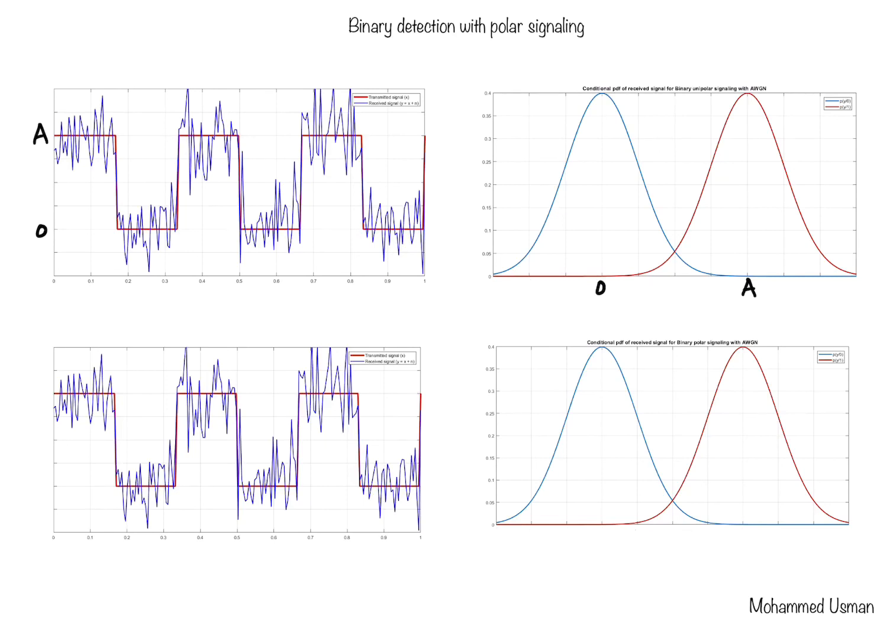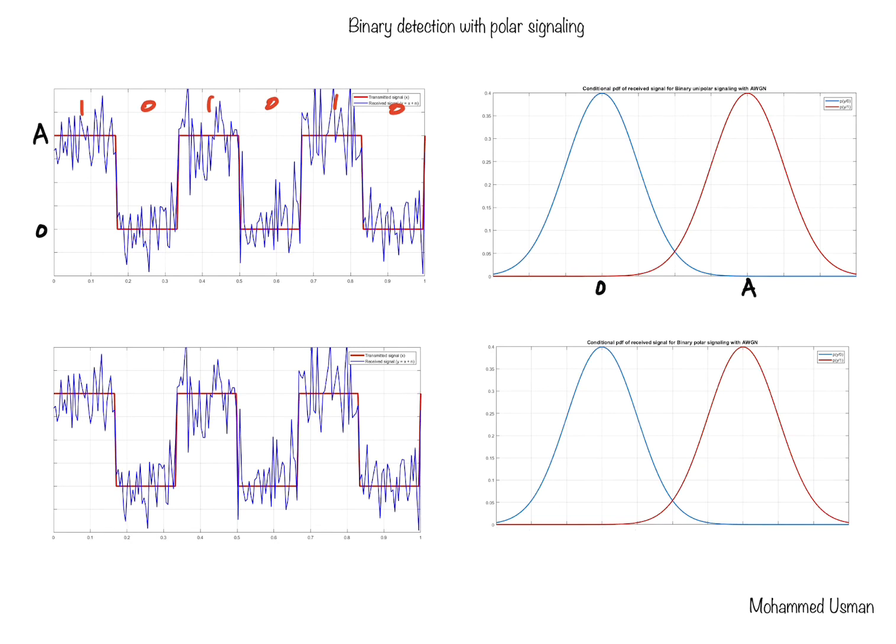In the previous lecture, we discussed the binary detection process with unipolar signaling. In unipolar signaling, a binary 0 is represented as 0 volt and a bit 1 is represented as some positive voltage, which we denote as A volt. So the bit sequence here is 1 0 1 0 1 0, right? We are representing a 1 as a positive voltage and a 0 as 0 volt, and to this, when